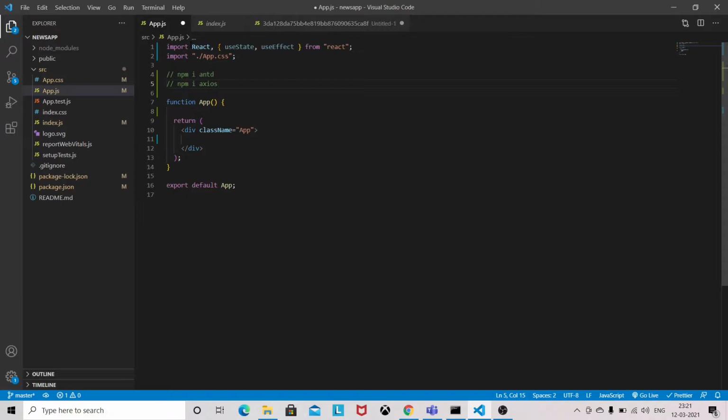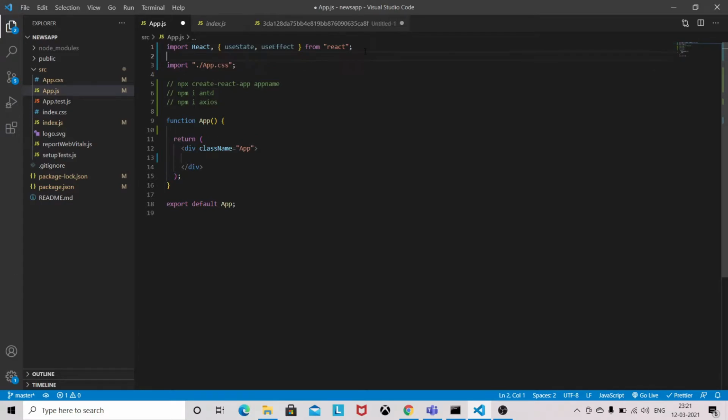So I have imported React, useState and useEffect. This is a simple React application which was created using npx create-react-app and your app name, whatever you want to give. After doing this, you need to import the card component.